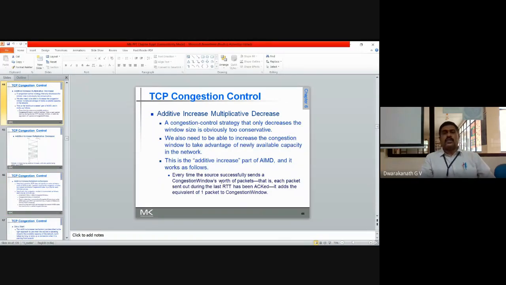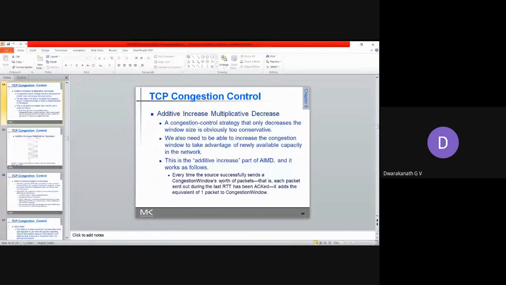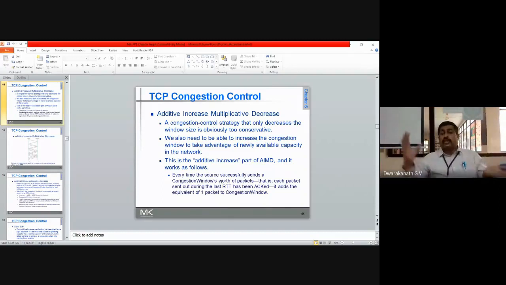Then coming to the next, the congestion control strategy that allows... So now, you shouldn't stay always at 8. Now you have to increase. Why? To utilize the bandwidth correctly. Now every